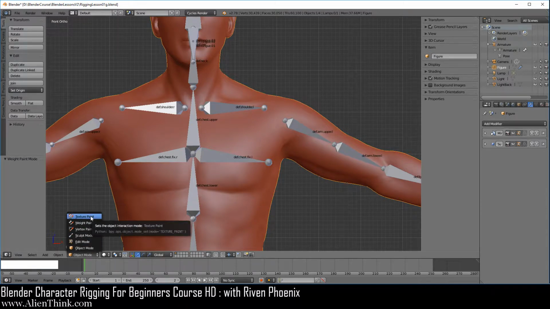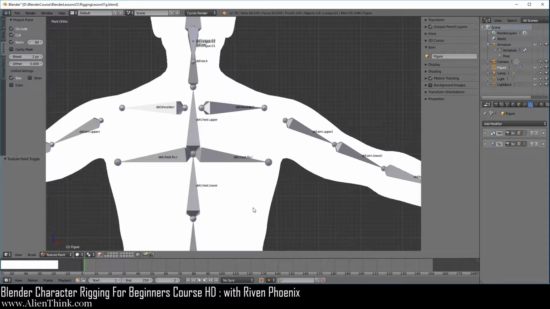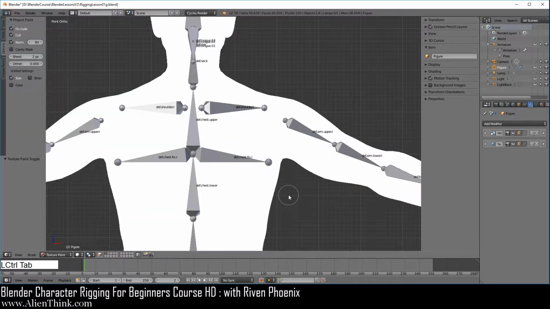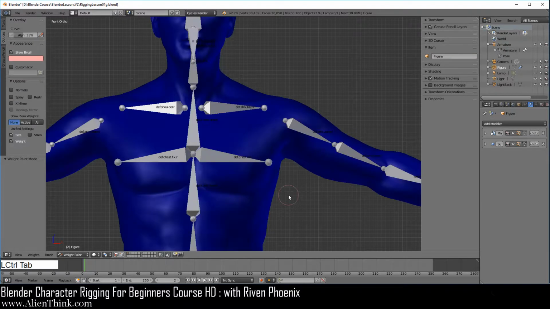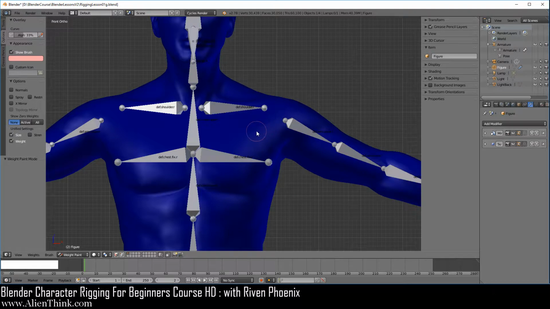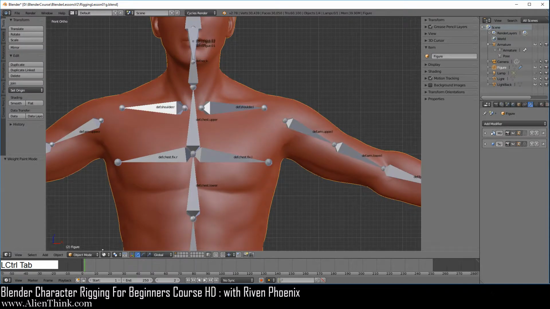You can do the same thing with texture paint. Same behavior. Tab key, edit; Tab key, vertex paint. Control Tab, weight paint; Control Tab, texture paint. So if you go to Control Tab weight paint, press the Tab key to edit mode, Tab key to go to weight paint mode, Control Tab, it'll just jump back to object mode. Okay, so that's how it works.